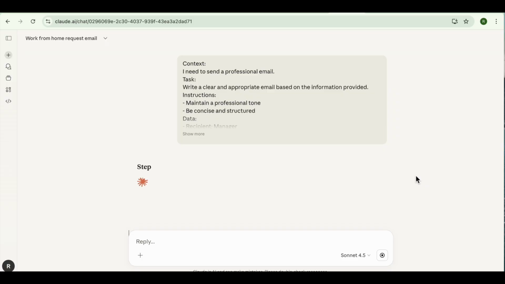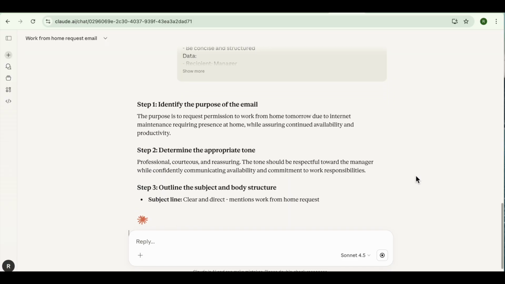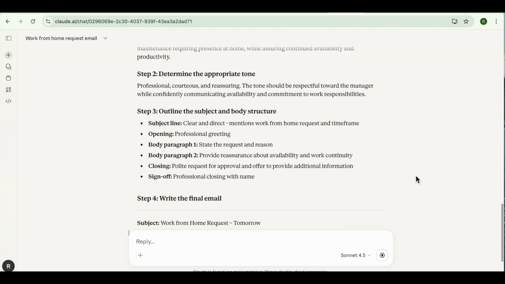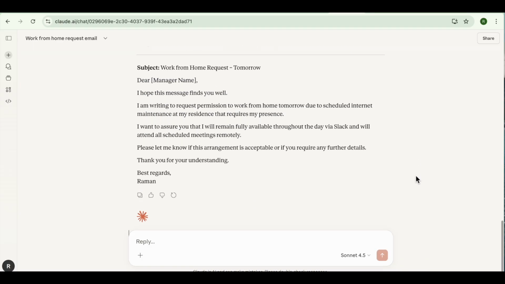Now let's observe the output. Here is the final email. The difference is subtle here, but important. The email feels more structured and deliberate. That's what chain of thought gives you. It gives you reliability. Now, sometimes you don't want one answer, you want options. And that's where